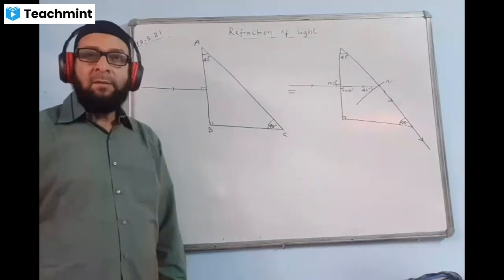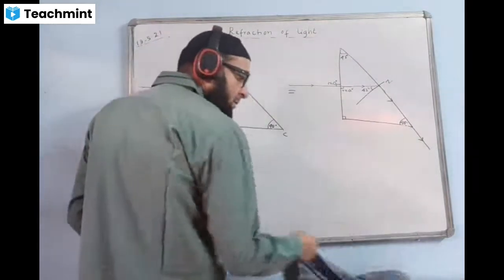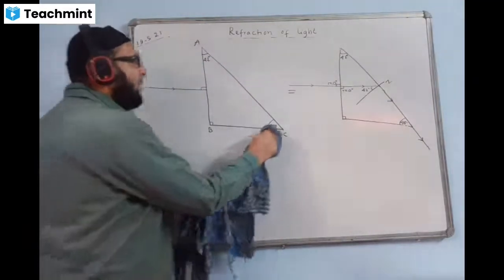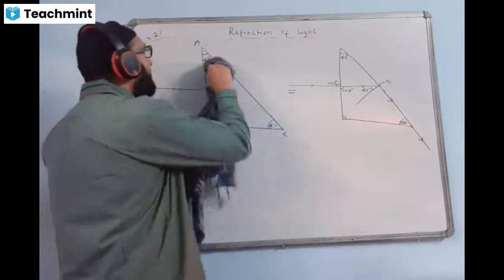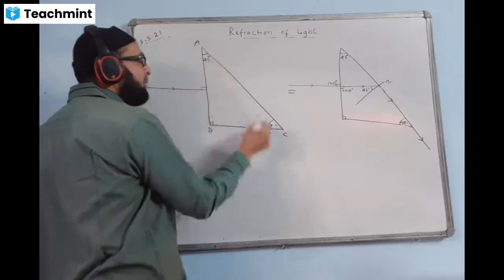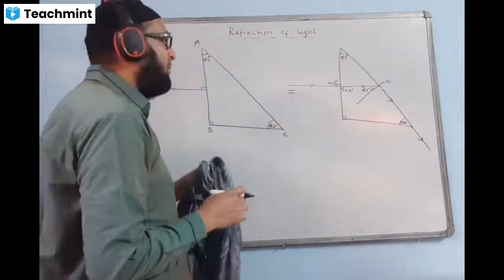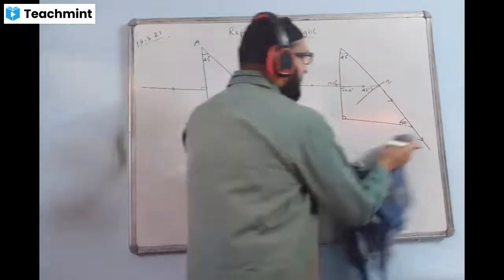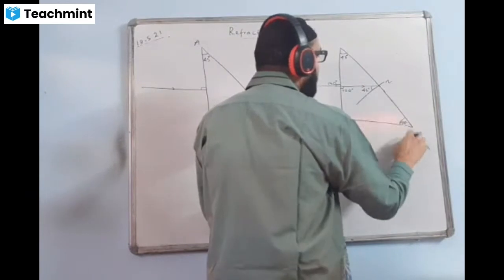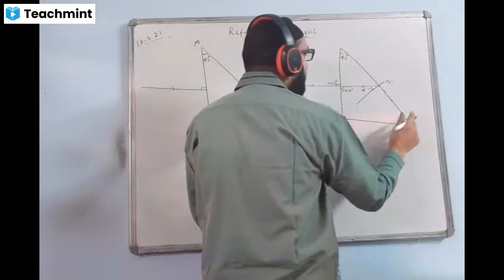Done? Okay? Understood, boys? Okay. Now I'm changing the angle. Now I'll give the angle here 45 degree. This is 45, this is also 45. Okay. Let us check it now. What is happening? I'm changing the angle. Now I've taken the angle 45 degree here. 45. This is 45 degree. This will also be 45.